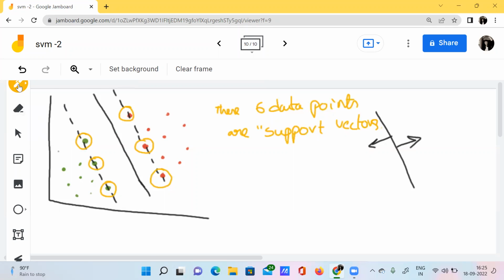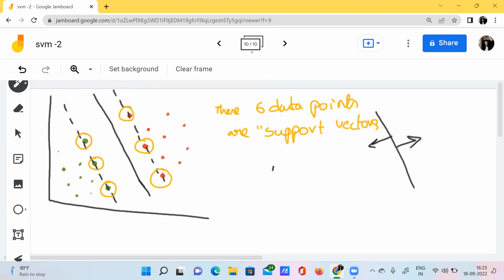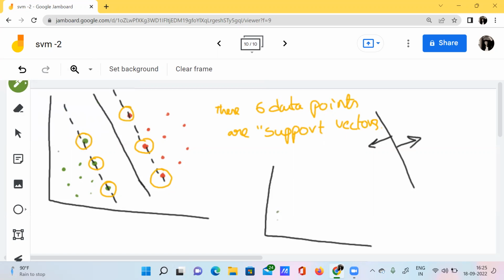See here, I have a hyperplane. Oh, sorry, I don't draw this hyperplane right now. I will usually draw some kind of data points. I have some data points here, but earlier I had this kind of data point here, but now I have purposefully changed this particular data point's position.